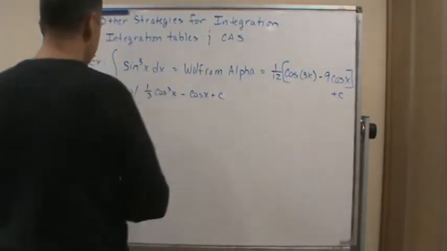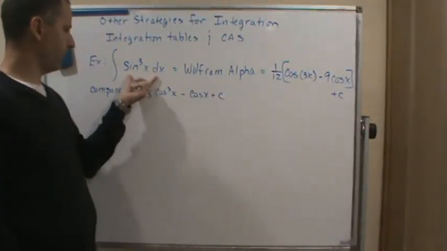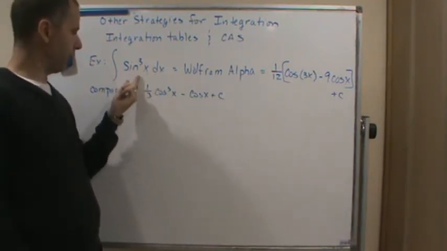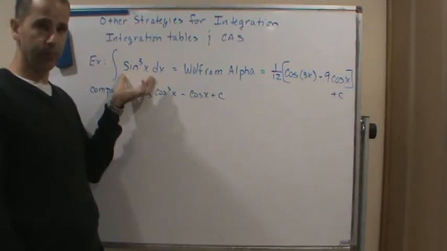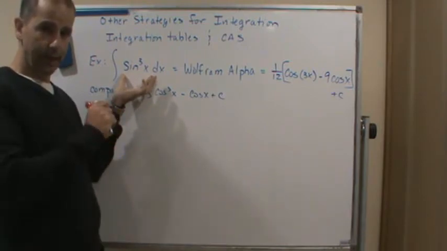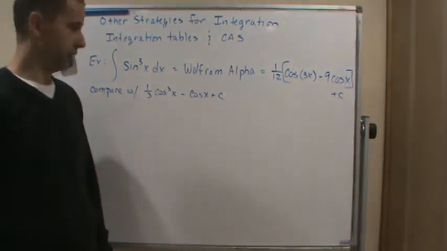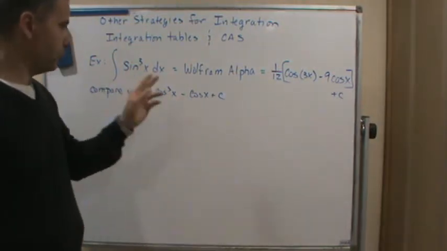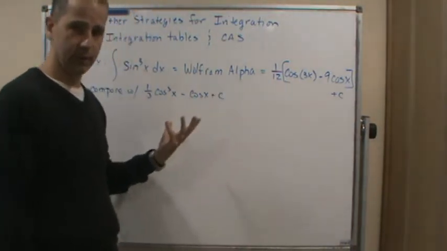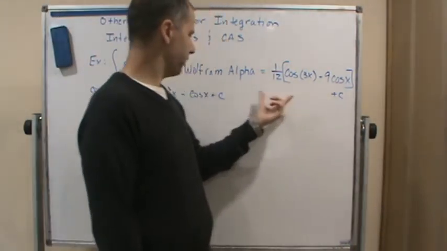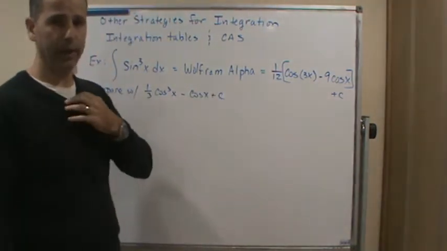So now, again, we would use the power reducing. In this case, we have an odd power of sine, so we could easily integrate this by using those techniques that we learned in previous sections. But if you use Wolfram Alpha or maybe some other CAS, you would get this. If you put this in Wolfram Alpha online,